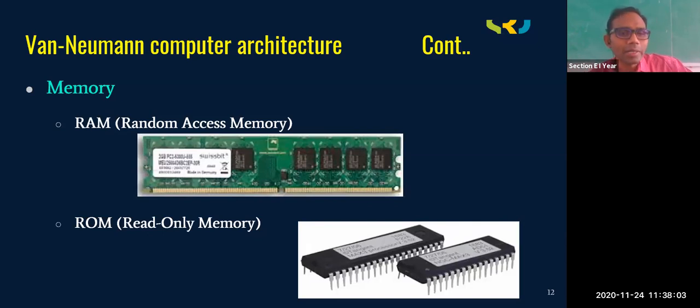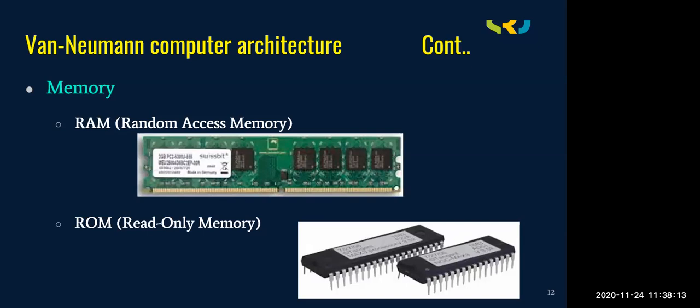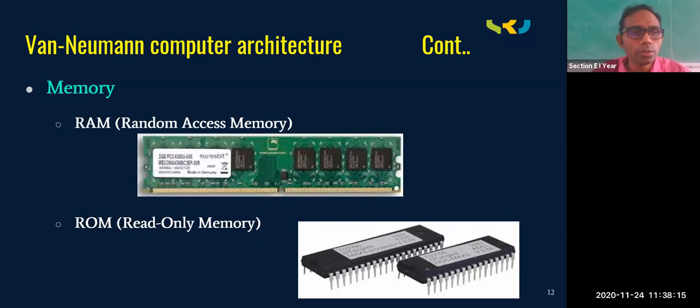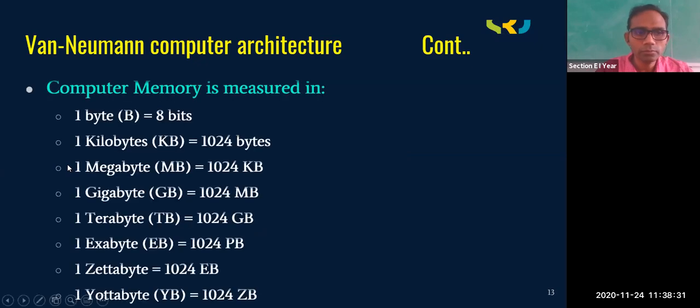Okay. RAM is a temporary memory. Whichever program is under execution, it will be stored. If you are using an app on the mobile phone, that app will be available on RAM. Otherwise, it will not be available on RAM. Okay. So RAM also has many types: SRAM, static RAM, dynamic RAM, DDR1, DDR2, DDR3, DDR4. You can use Google to identify different types of RAM. Okay. Let us go to the next slide.